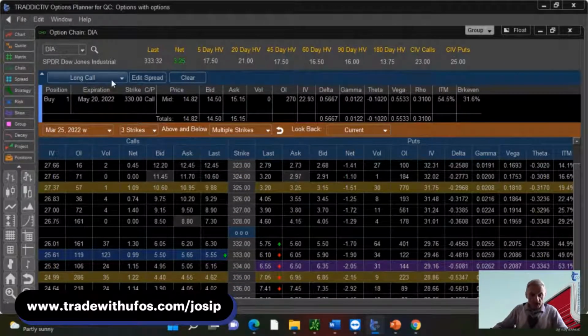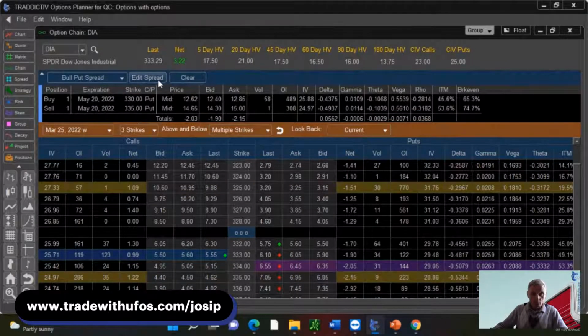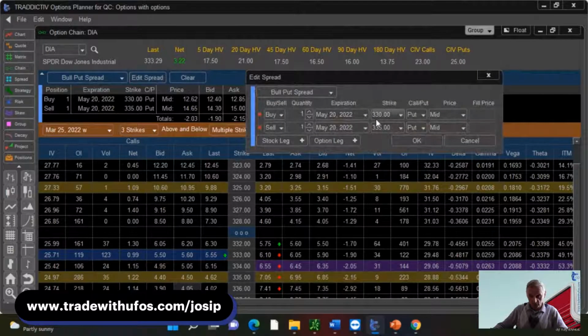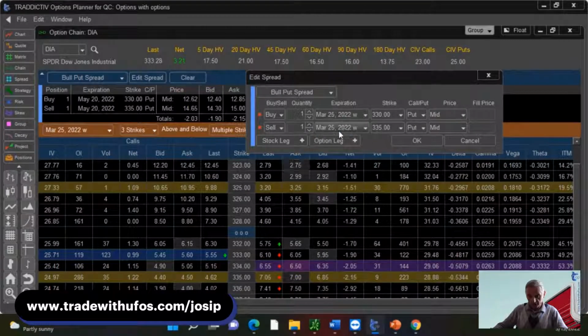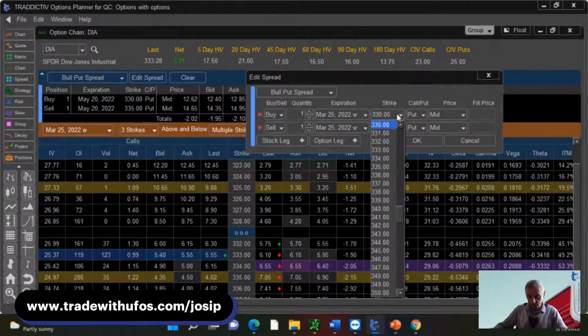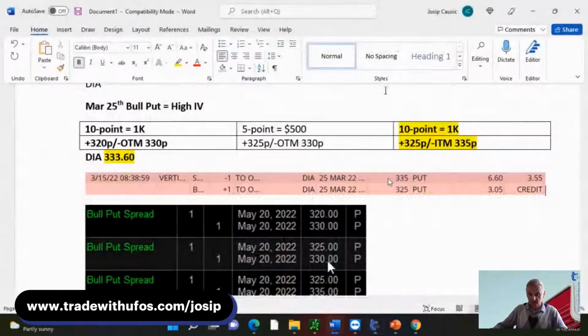We actually enter this bullish trade by selecting the bull put spread. When it loads up over here, we will need to alter a few things. So we said we're doing the March. One put is being bought. The put that is being bought is the lower one, which is a what? 325. 325. Okay. Now that I have the information on where I got filled, I can actually type that in and have this on a risk graph, and then I can take a snapshot.